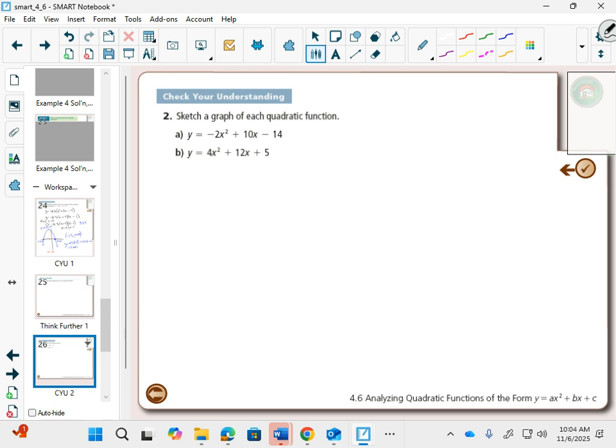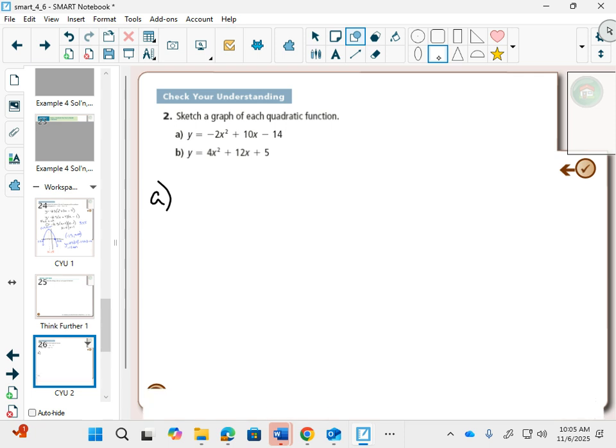Factored form, you have two options for graphing. You could either complete the square and find the vertex and use that for graphing, or you could factor it and use the x-intercepts to find the axis of symmetry, and then use the axis of symmetry to find the vertex. So for the first one, I'm going to do both ways. For the second one, I'll just try to factor it. But for the first one, we can make a decision which one we like better